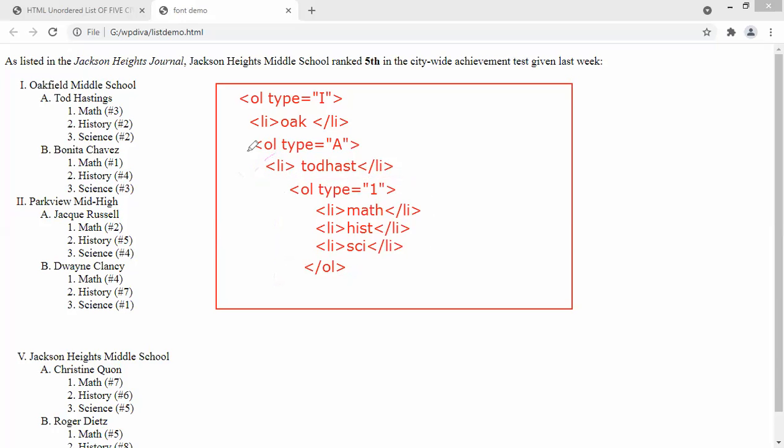Now what I have to do? Under OL type is equals to A, one more list is there, that is B. So I will not close that list. Before closing that list, I will come here and directly write LI.